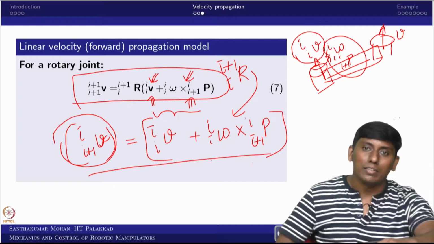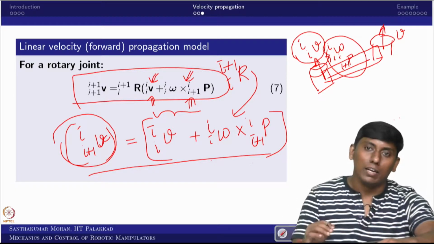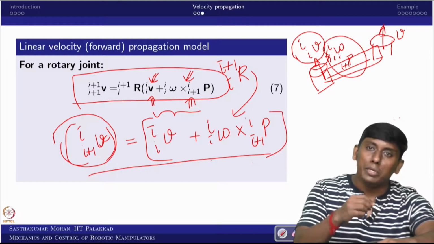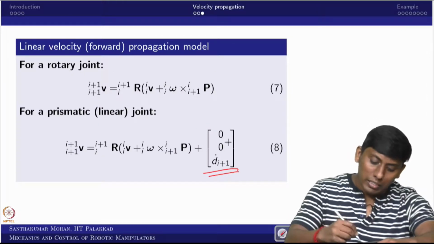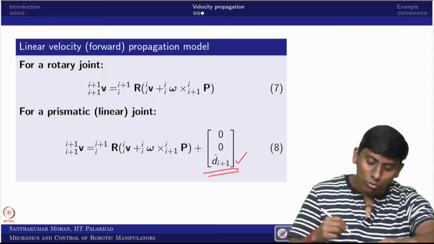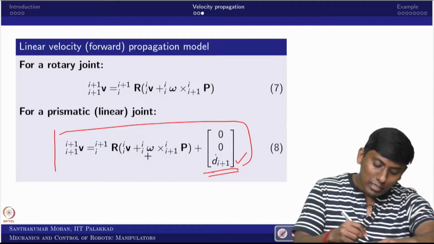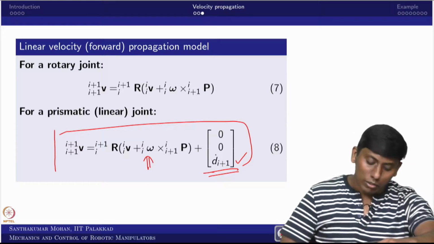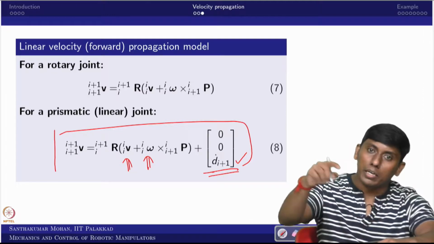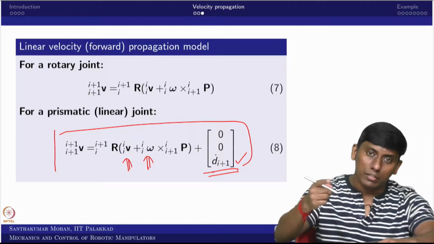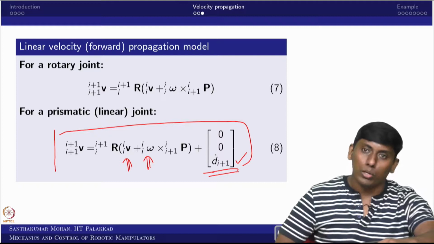If it is a translation joint, or you can say a prismatic joint, what would you get? You would get an additional linear velocity. In the sense, that would be along the z axis, so we can just add that. Okay. So now you can see this is the linear velocity of the active joint of the I plus 1 frame. So then you will get this. Now you can see that if you know the angular velocity of the 0th frame and the linear velocity of the 0th frame, you can find the propagation from 0 to n, both angular velocity and linear velocity. So this is what we call velocity propagation.